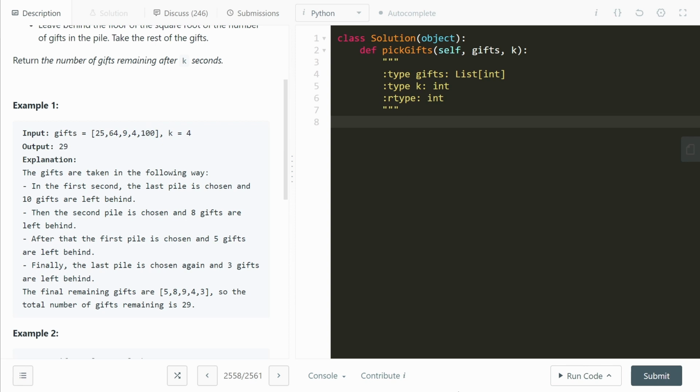So in terms of code, we have to do the loop k times, so we're going to do for i in range k, and we need to get the index of the maximum in our gifts array. So we do max index is equal to gifts.index of the maximum value of gifts. That'll return the index of the first maximum in the array, because there could theoretically be the same maximum multiple times. Then we have to update that value to be equal to